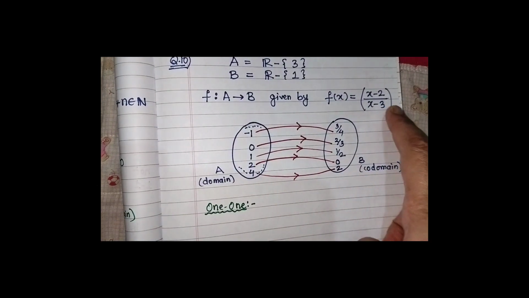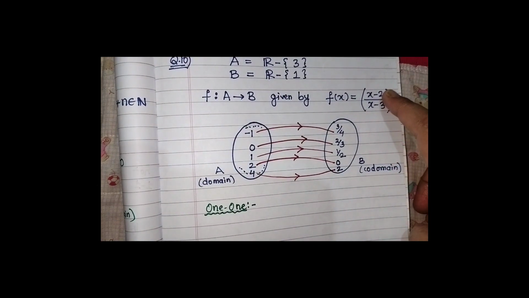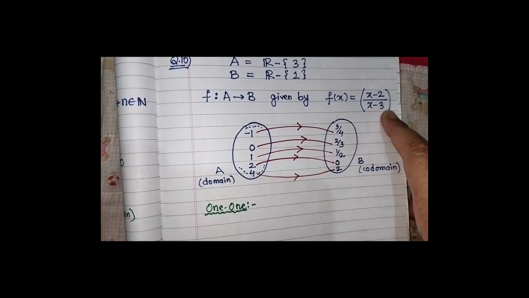So in this case, like I told you earlier also, when you are having a polynomial function that is also a linear function. Now in this case it is also a linear function, numerator linear, denominator also linear, so most probably